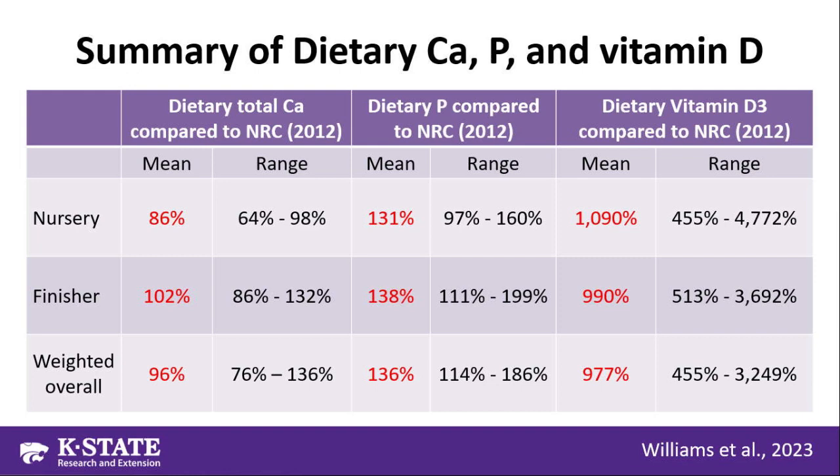Whereas for calcium, we're a little bit lower in the nursery, which goes into some of the information shared later this morning on acid binding capacity, buffering, limestone. It's pretty common for some folks to reduce the level of calcium, certainly early in the nursery, but then later on in the finisher and then the weighted average overall, very close to what the NRC would deem the requirement for calcium. And then we're feeding a lot more vitamin D relative to the requirement that would be established by